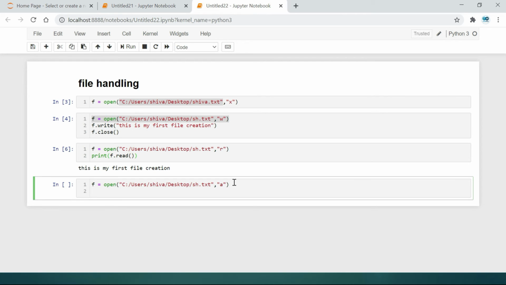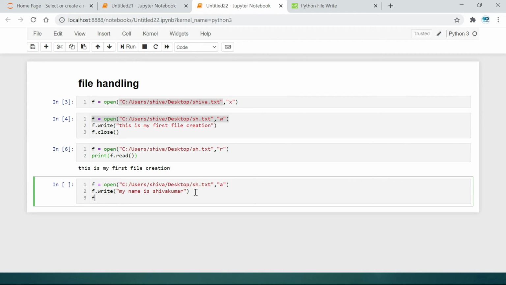We have to write one more value in this particular file, and here we have to use write once again, f.write in between parentheses and double quotes, and here we have to give a value like my name is Shivkumar, and I need to close it by using f.close and shift enter.